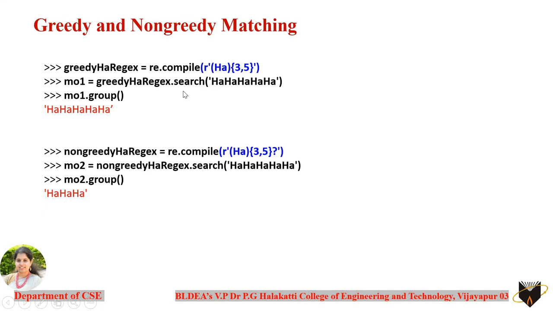But which needs to be displayed as the result here? If you do not specify anything else, and you define only the HA pattern, by default it is going to match the maximum repetitions, which is said to be the greedy way of extracting the search result. So even though it has 3 repetitions and 4 repetitions, it is going to match the 5 repetitions, which will be displayed here.